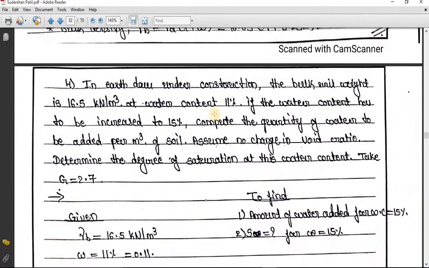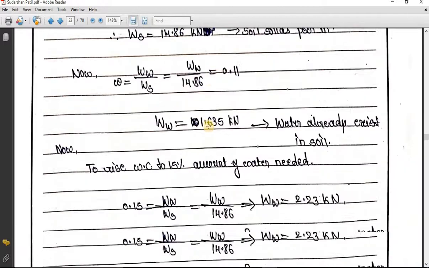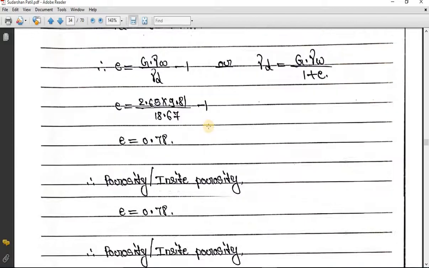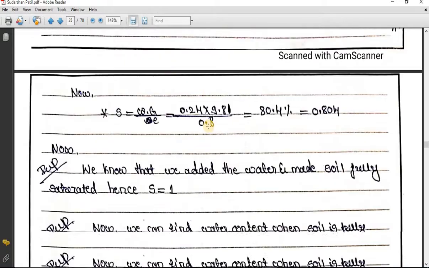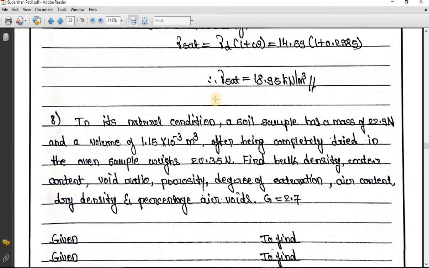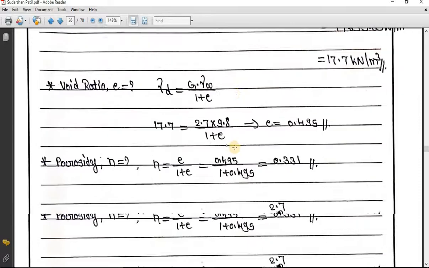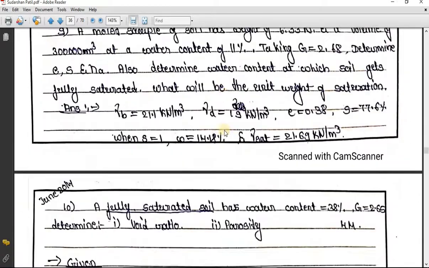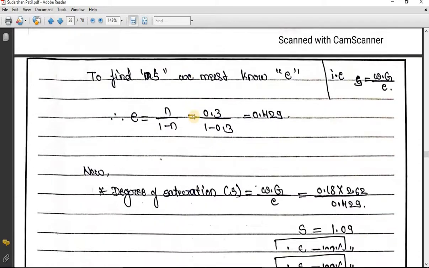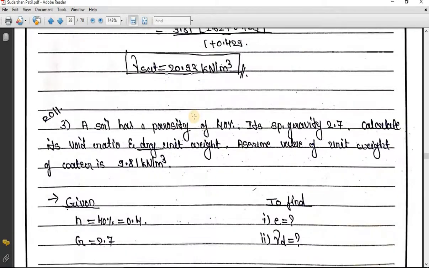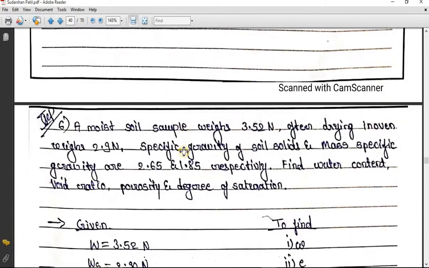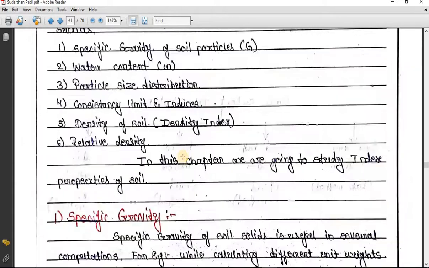So this problem I have solved in previous session. So in notes many of the problems I have solved, but most difficult problems I have discussed till here. So you can go through these problems. Even I have mentioned wherever important points are there, I have mentioned those as important. So I am going to circulate these notes in a Google Classroom. In these notes, the previous year problems are also covered, as well as I have covered the problems from competitive exams also. Okay, now I will move to further